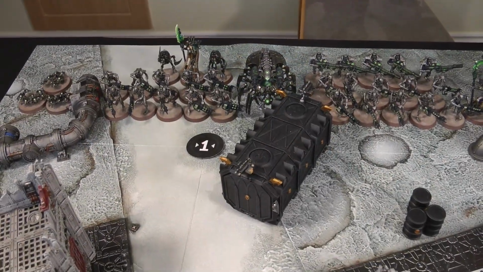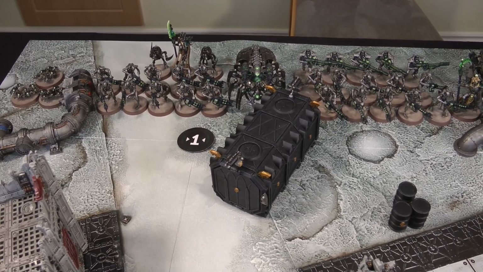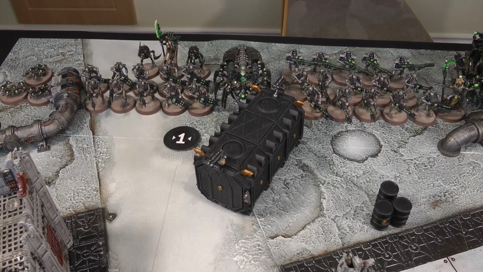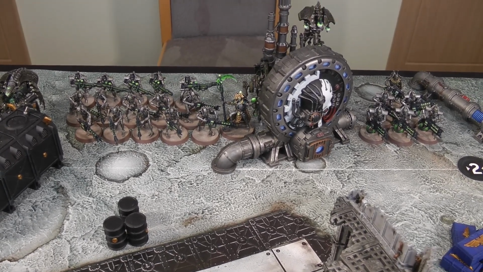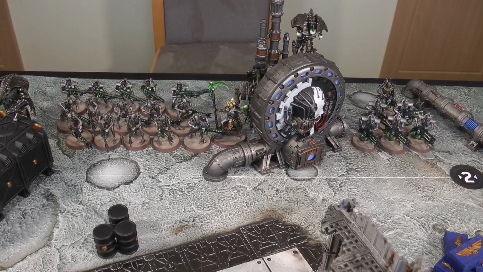And my deployment, I didn't put anything in reserves either, so we've got the Scarab Swarm on the far left, the unit of Warriors in the road with the Plasmancer and the Crypto Thralls behind them, the Canoptech Spider there. In the middle is the other unit of Warriors, the Death Marks are behind them, there's the Overlord, the Tomb Blades and the Canoptech Reanimator are both hiding behind the Hemotrope Reactor, and on the right flank is the Immortals